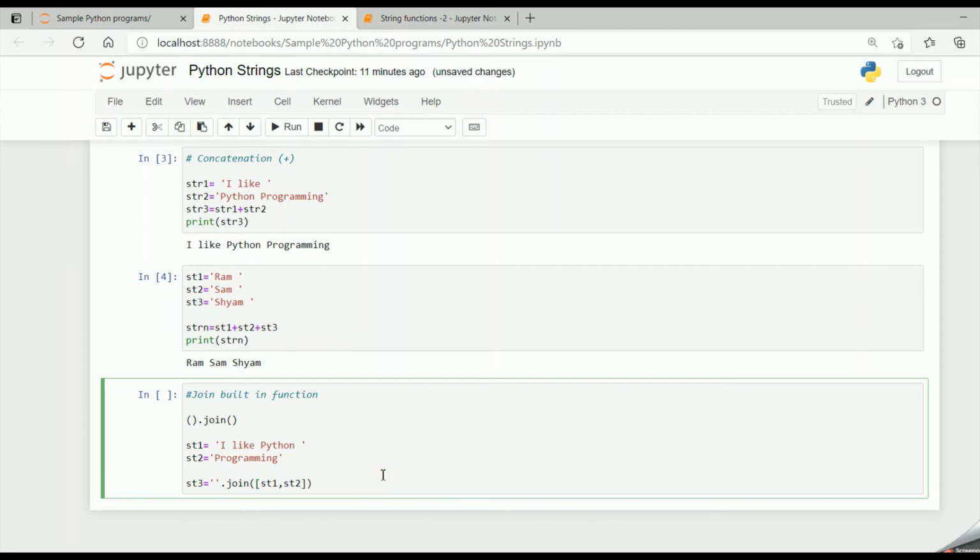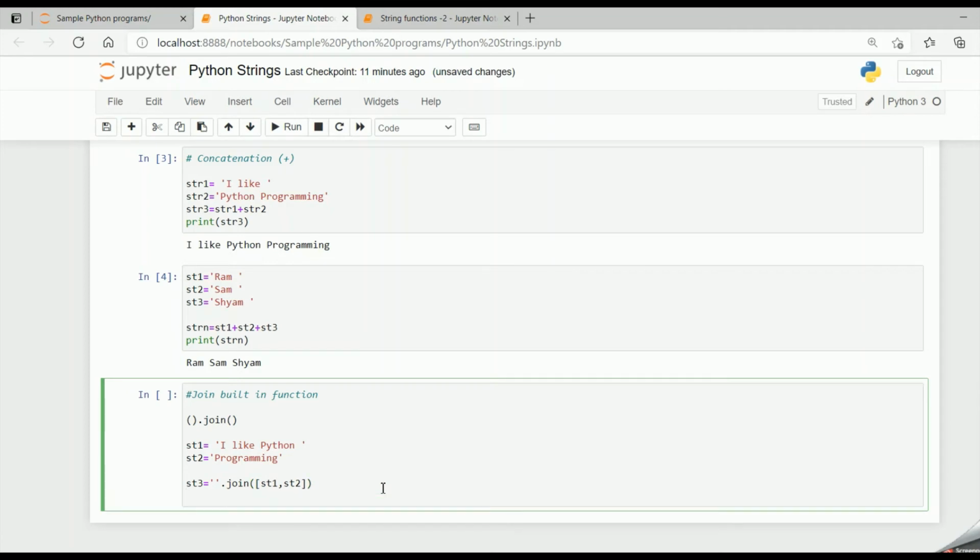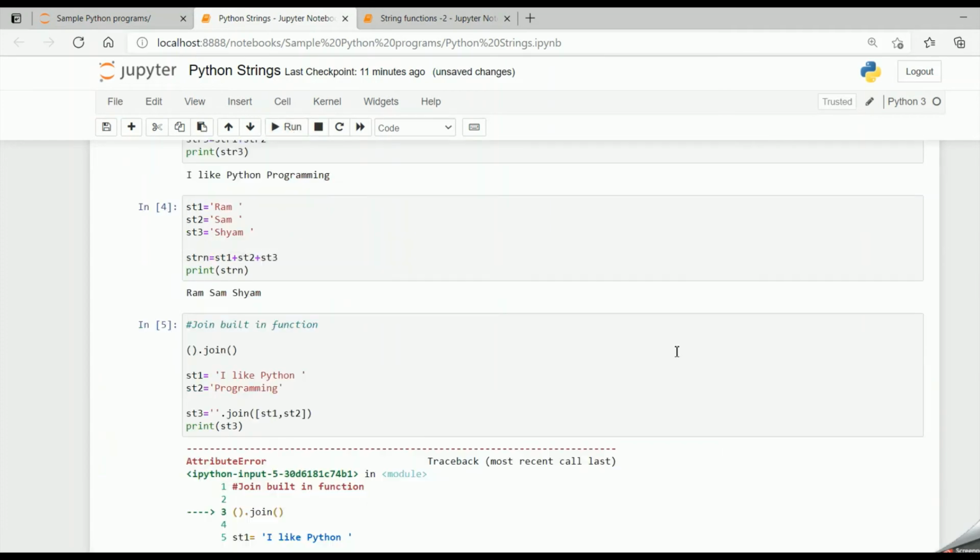Now if I say print st3 and run the code, I have to comment this out.